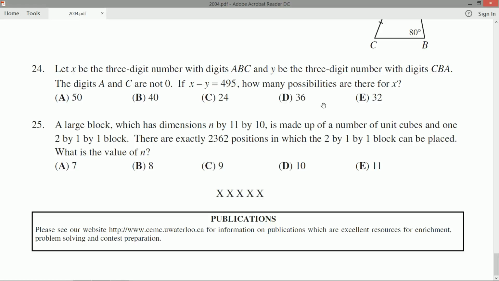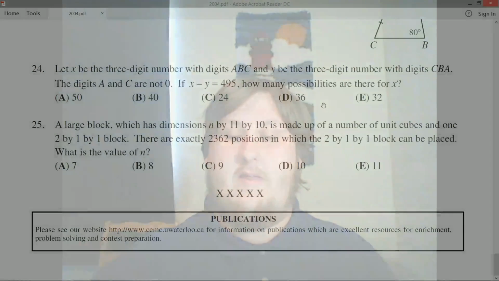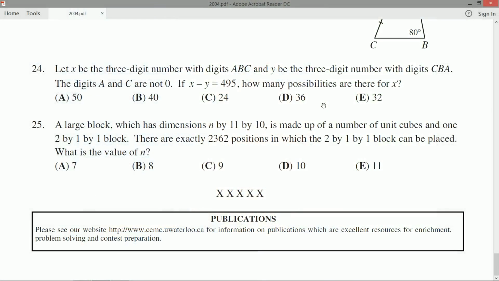Okay. So with questions like these, where they give you the digits written out as A, B, C, or A, B, C, D, that sort of stuff, an important thing to remember is how our decimal system of counting and representing numbers works. So let's just briefly talk about that, and then we'll dive into the question. Hopefully you know all this, but if you don't, it's worth noting. So when I write down the number